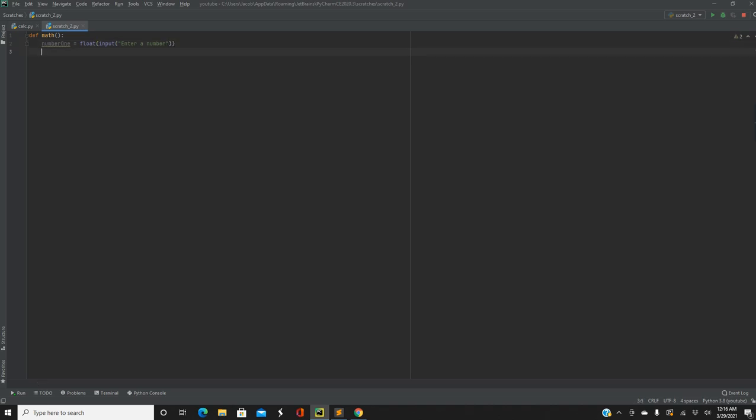After that, we're going to want to find out what operator they want to use. So we're going to just call it operator. It's a variable we're creating. That can be simply an input. We're going to call it enter